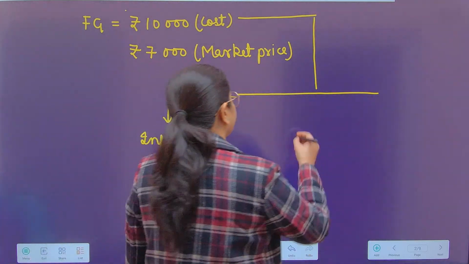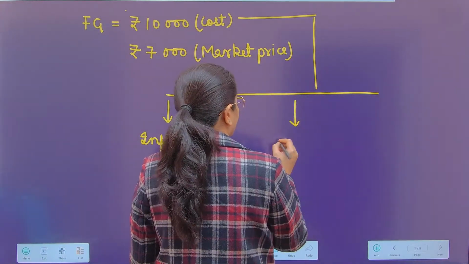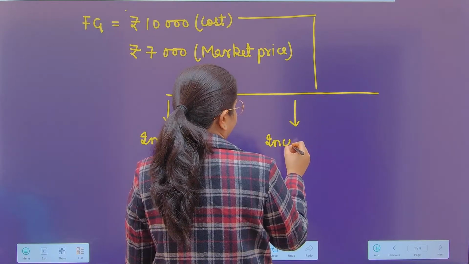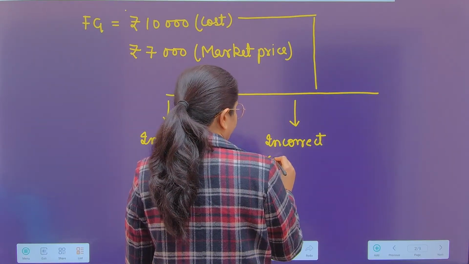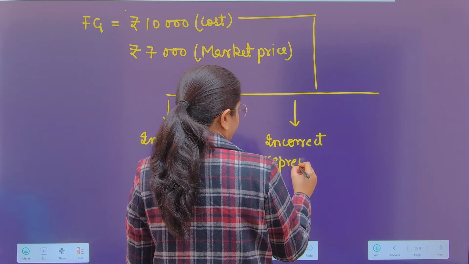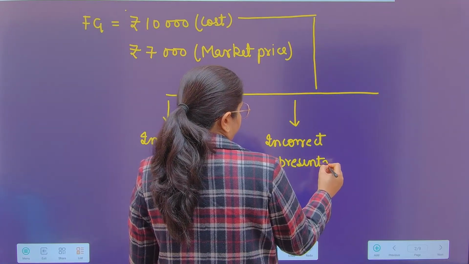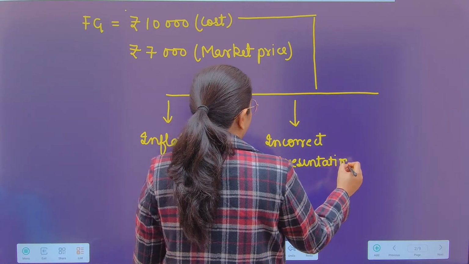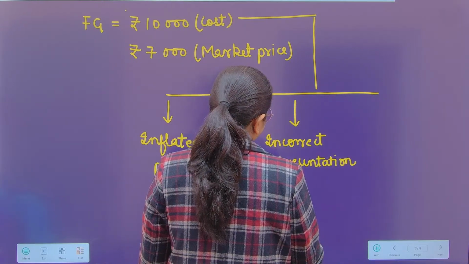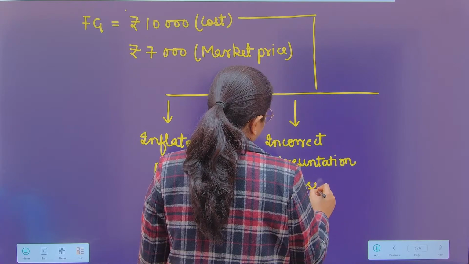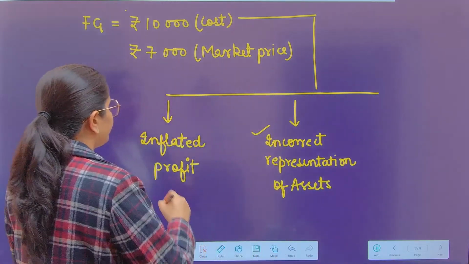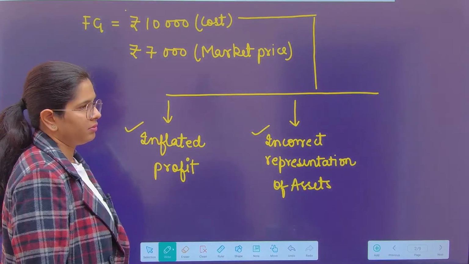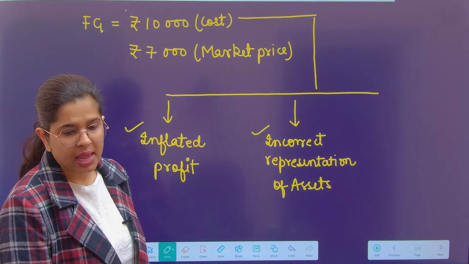Next thing is incorrect representation of assets, right? Your asset side of the balance sheet will also be depicted at a higher valuation,